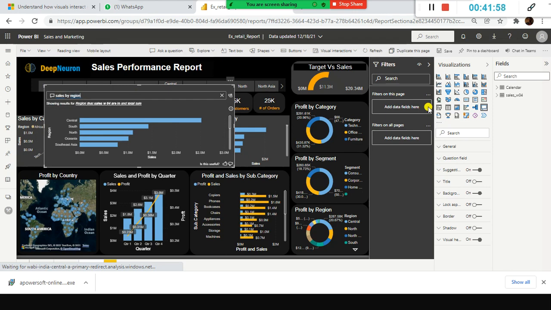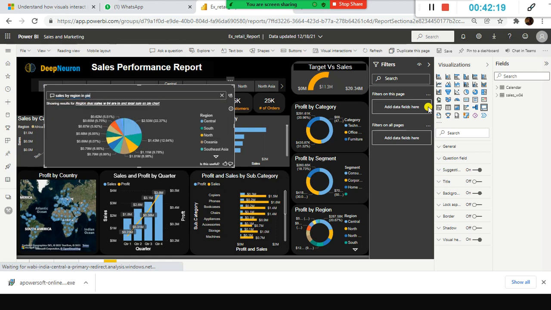It's a fantastic feature, isn't it? You don't have to write, you don't have to drag and drop the columns, deciding which axis should I place which one. You don't have to. Simply by typing the text, it generates the visual based on whatever text you type. For example, here if I want it in a pie chart, sales by region in pie chart, you can say it. So this is how Microsoft Power BI makes use of artificial intelligence. And when I clicked show all suggestions, I was able to see more auto generated questions.